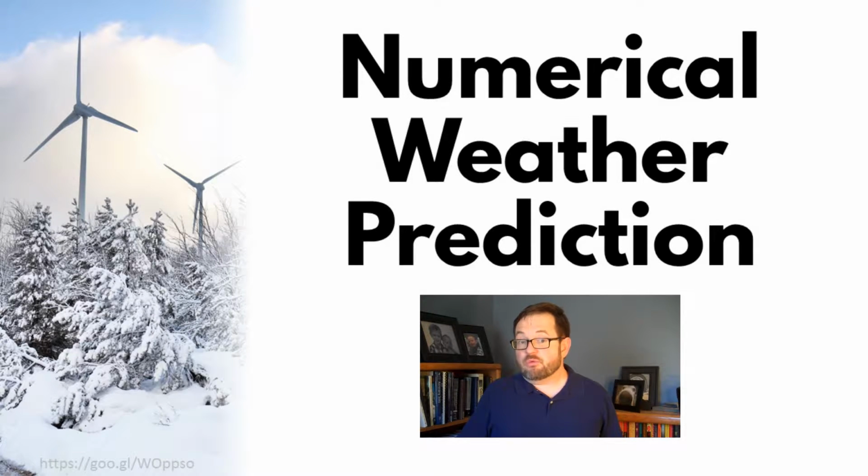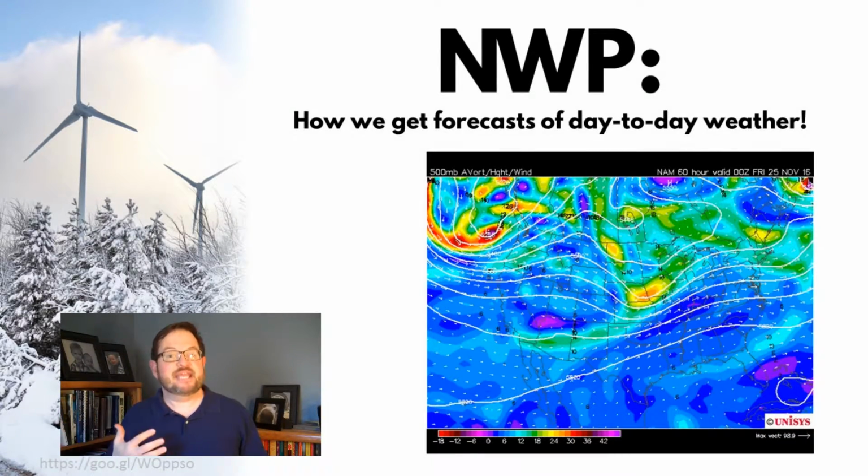Now, in today's lecture, we're talking about a very specific type of model that has very concrete application in the wind power industry, and that's numerical weather prediction. We're generally going to use the acronym NWP. Numerical weather prediction, or NWP, is the business of using the full physics of the atmosphere to simulate what the atmosphere is doing. NWP is how we get the day-to-day forecasts that you see on television or hear about on the internet or whatever.